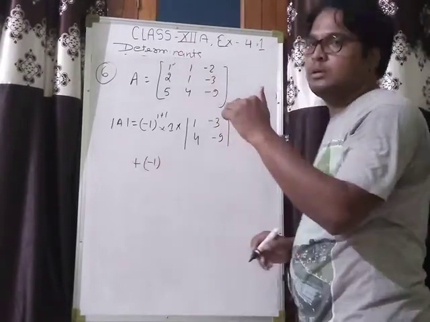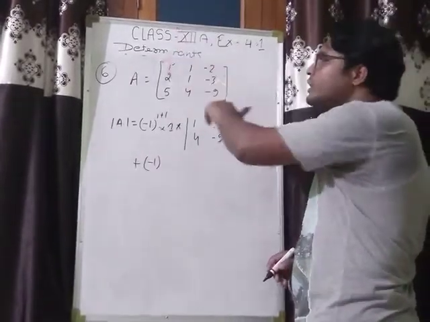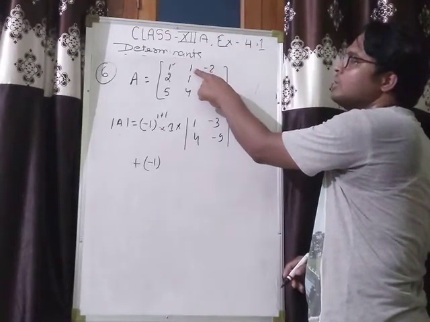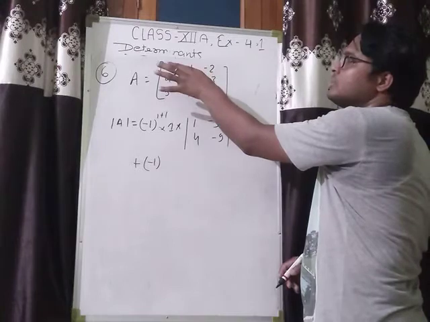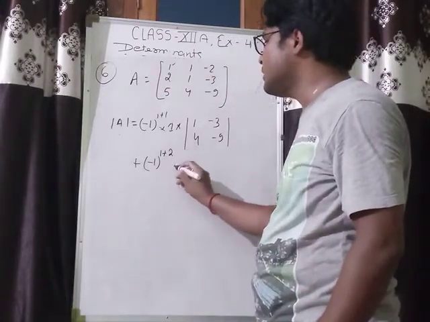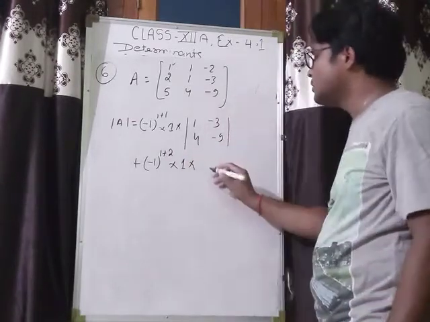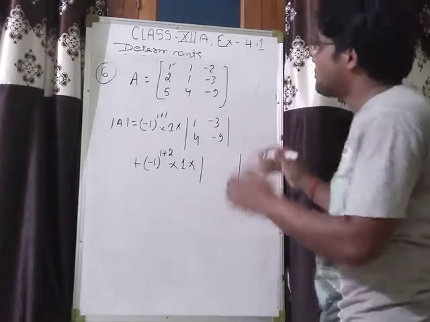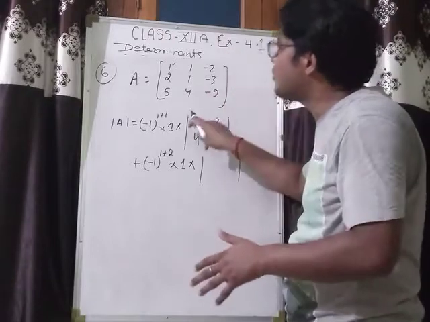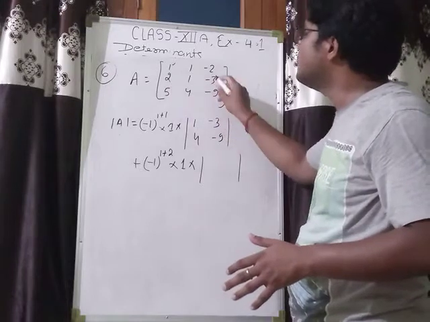Now we are finding out the determinant of this matrix according to first row. So now I am going to find out the term related to this one. This entry is related to first row and second column. So -1 to the power first row, second column, into this entry, that is 1, into the determinant of that matrix, which we can find out by leaving first row and second column. So we have 2, -3, 5, -9. First row और second column को आप छोड़ दो.